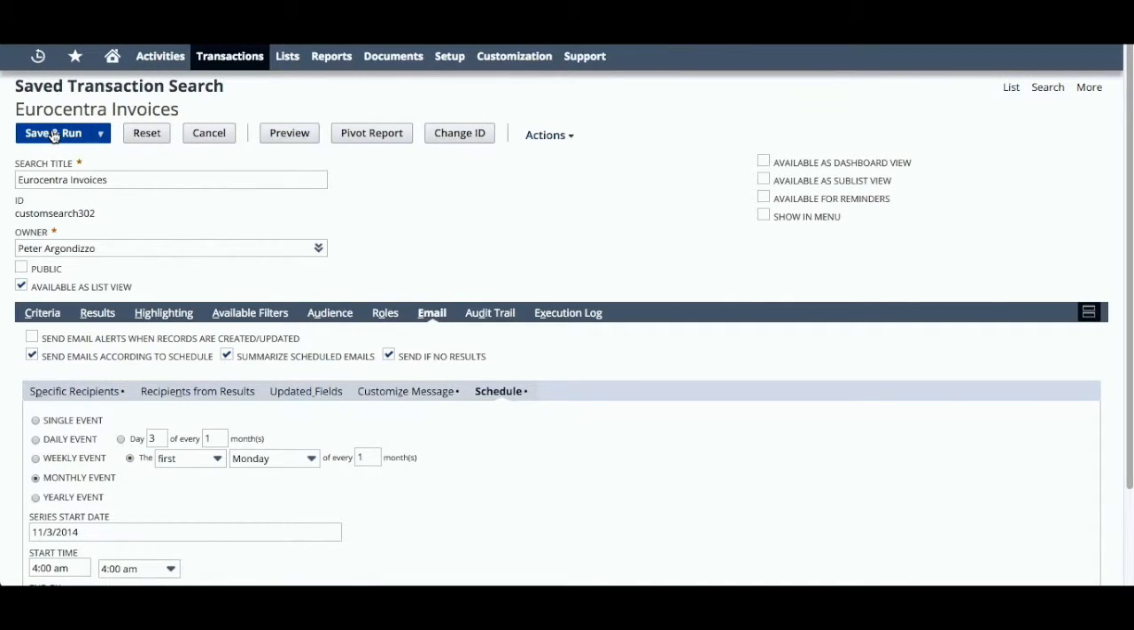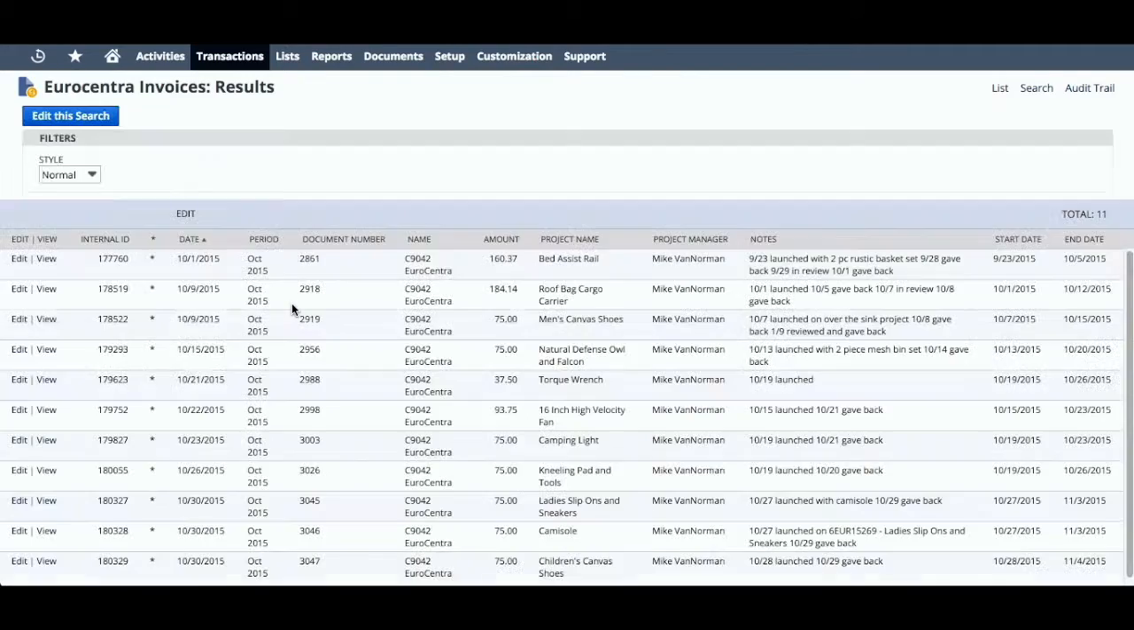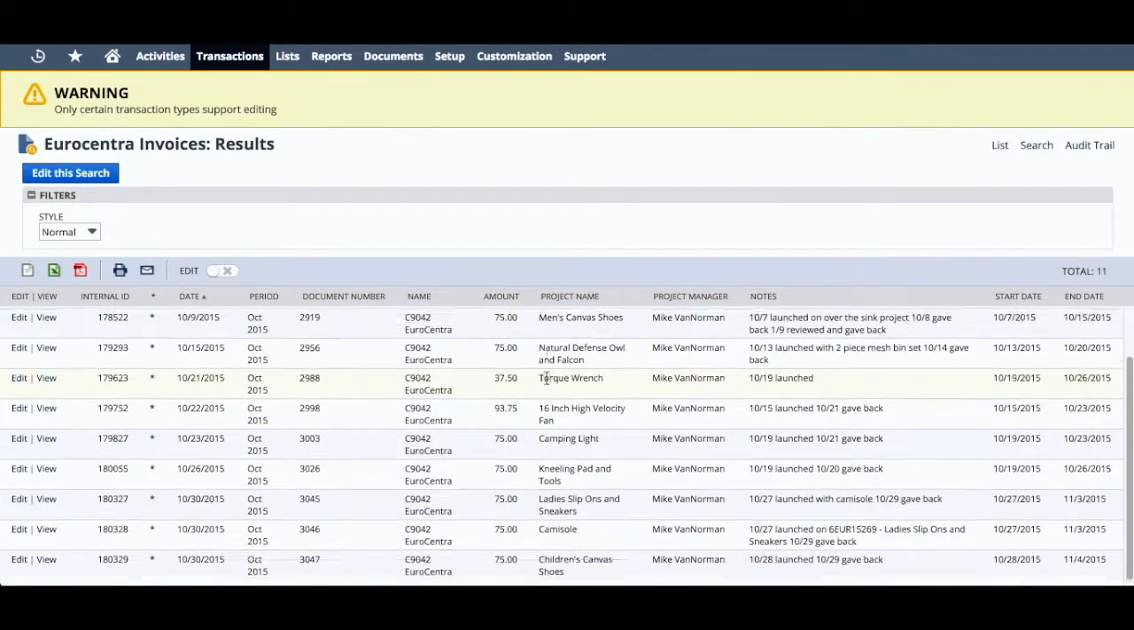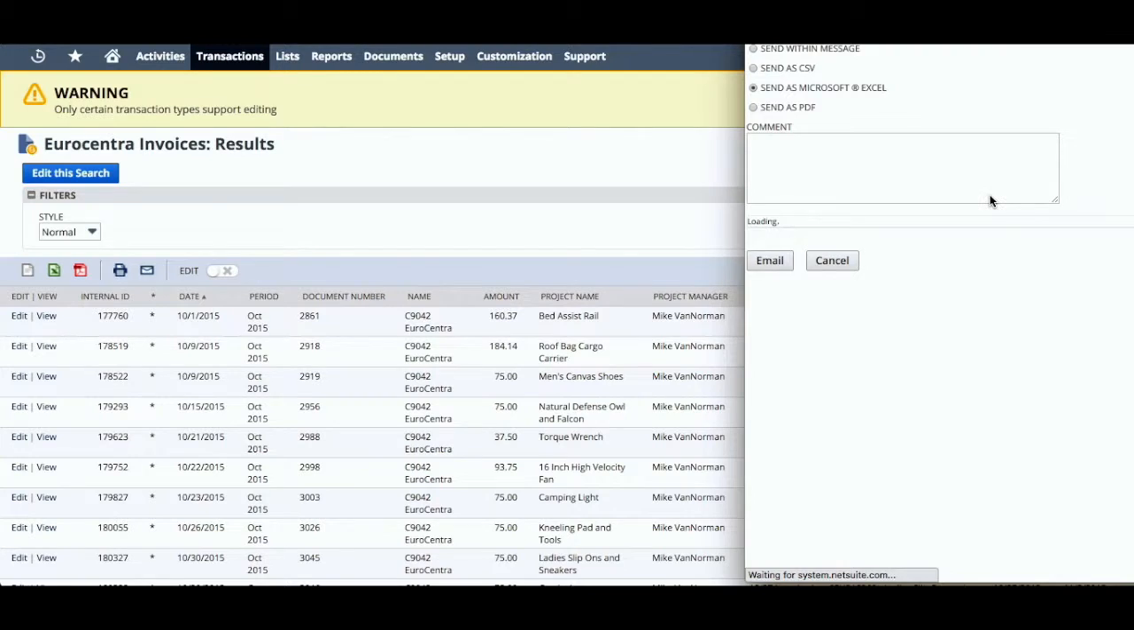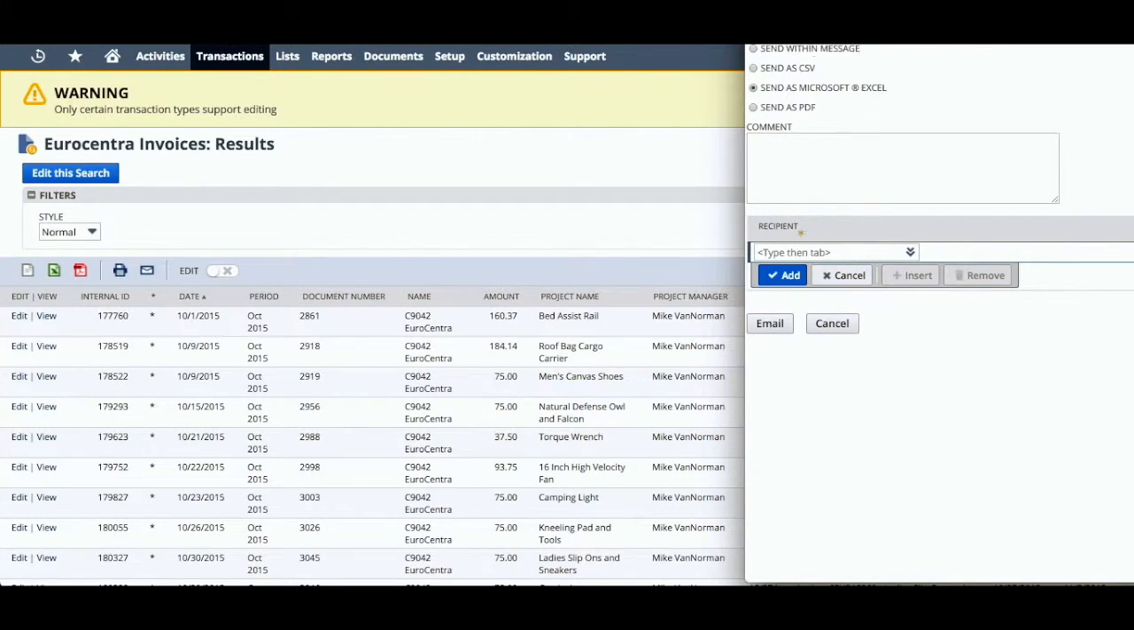So I'll go ahead and run this search so you can see the results. Within our system, you'll see a list of all the transactions along with the project manager, the notes, all the things that we've decided to make available. And we can export this to Excel or a PDF. We can go ahead and email it, and just to show you what that looks like, we'll go ahead and